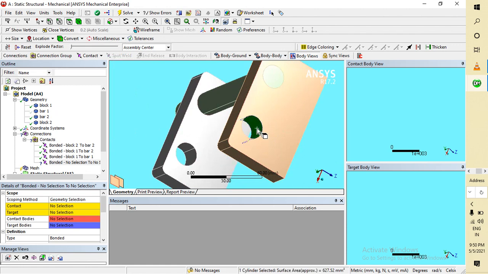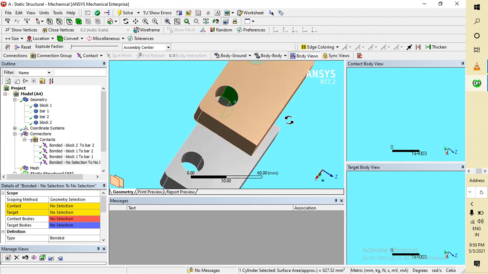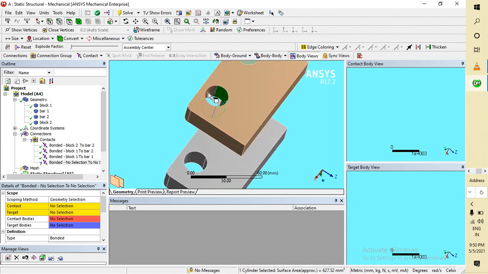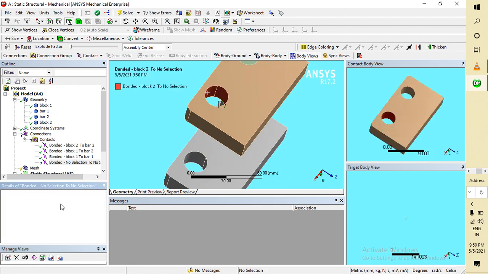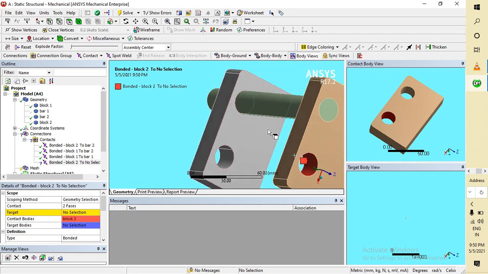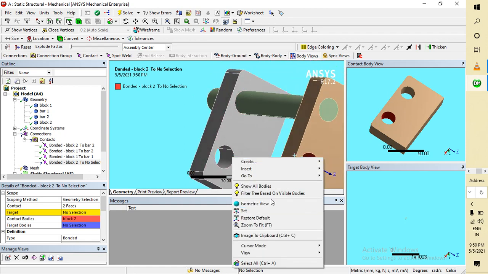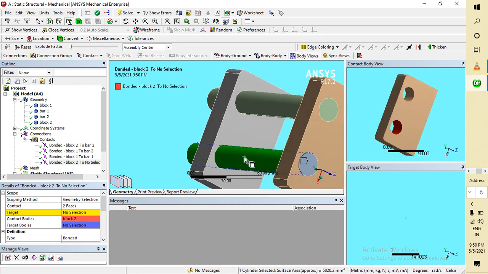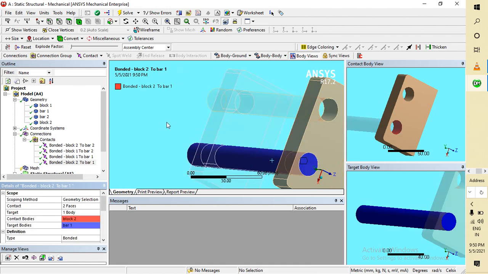I'm selecting this one and rotating slightly, pressing control, and then go to apply. And now for the target body I'm right clicking on it and show all bodies. I have to choose the whole body, because if I select this by using face I have to choose two times with control. So I will just choose body.